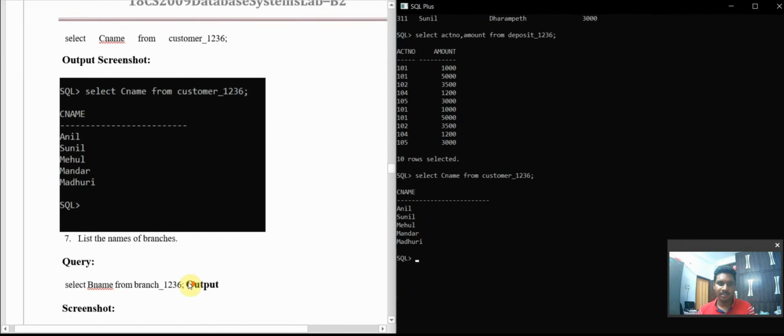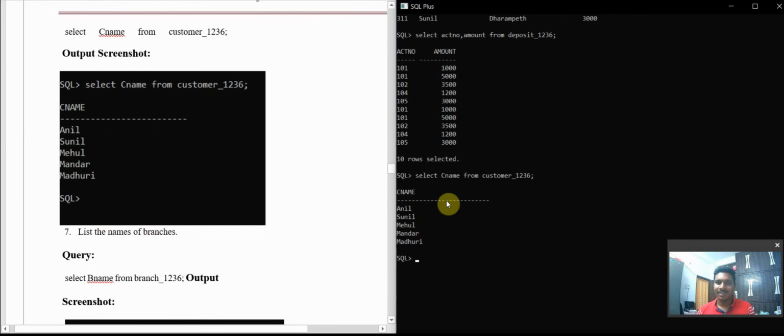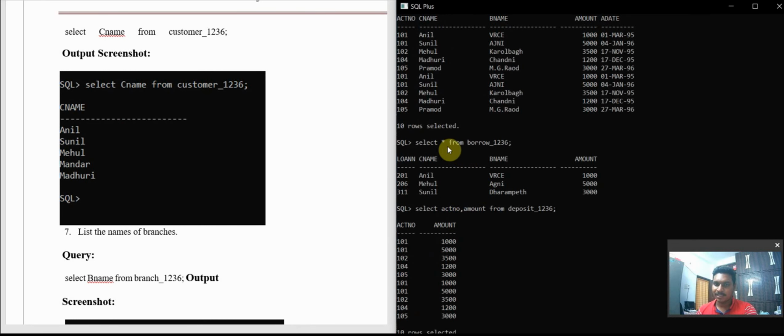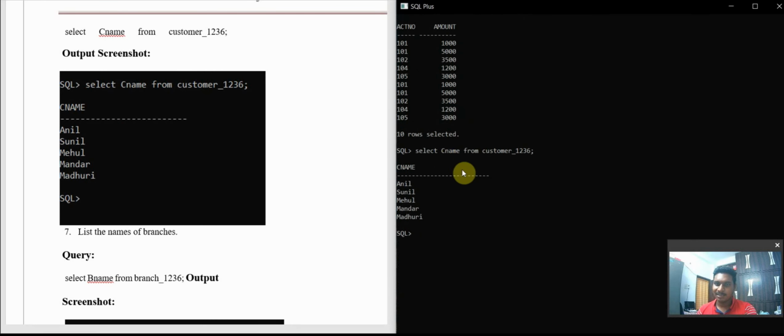If I give this the same command, you're going to get select customer name. Only customer name is selected here. I'm selecting a specific column; previously I mentioned star. Now I am selecting customer name for the customer, so whatever I have mentioned here will come.